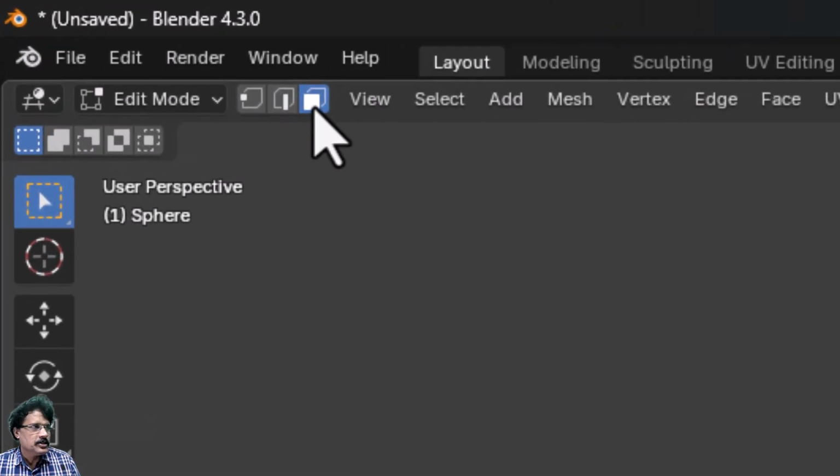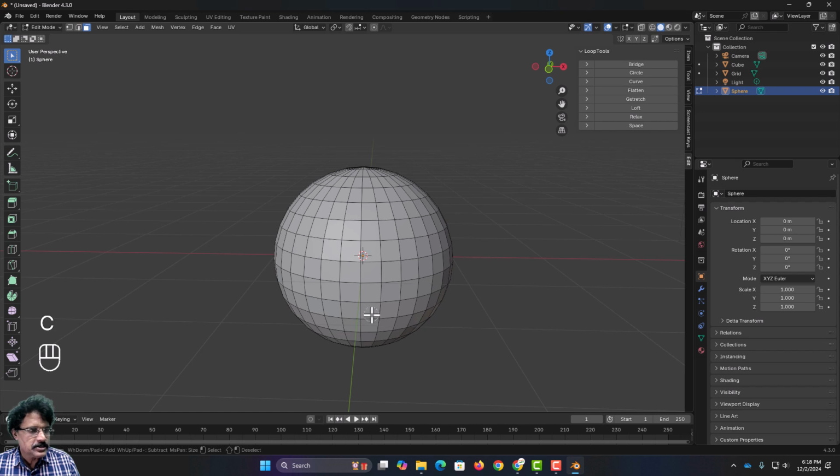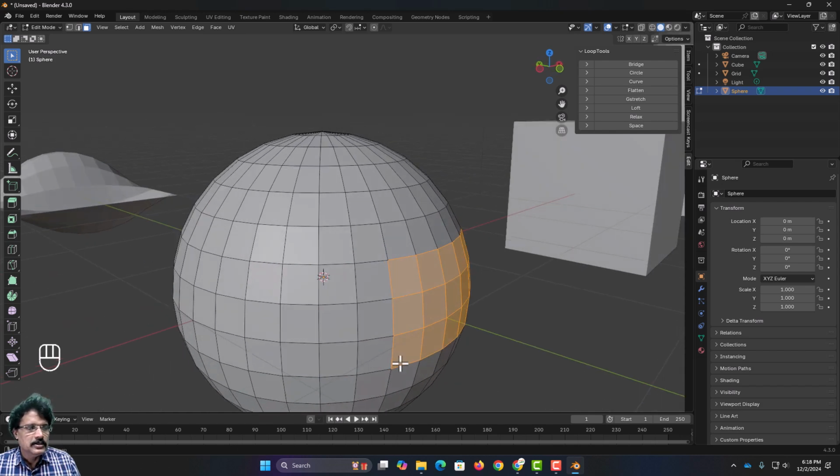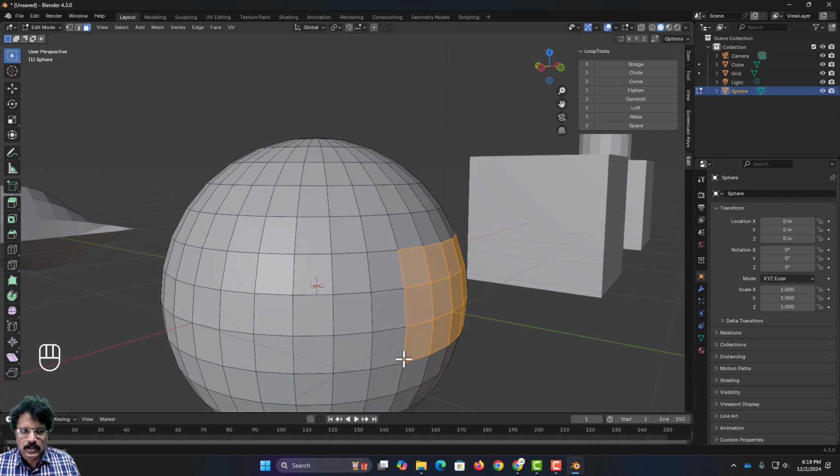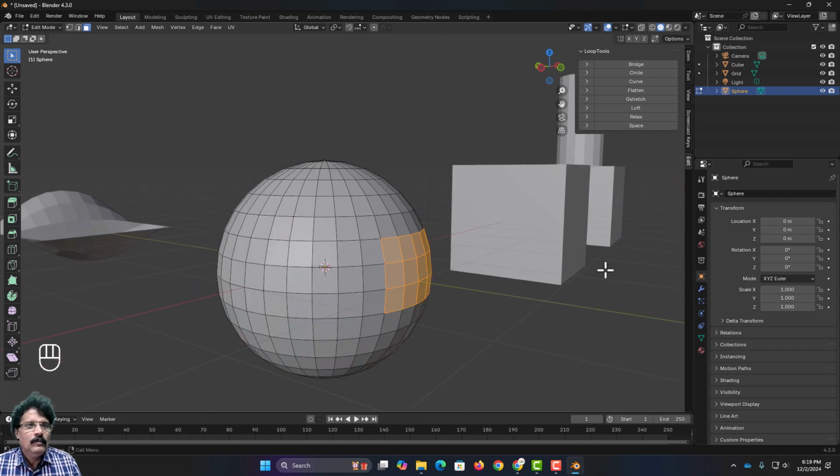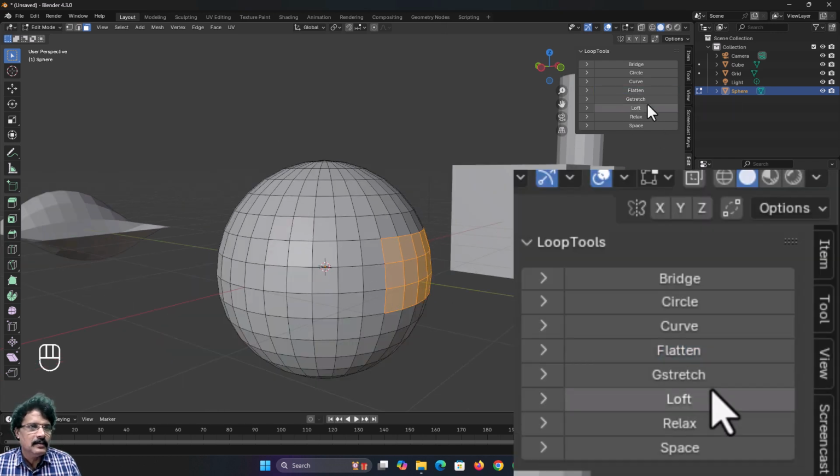Come into face selection mode. Now press C and select the circle tool, and now I am going to select some of the faces like this. So now this is the faces on the circular sphere, and now if I click on flatten,